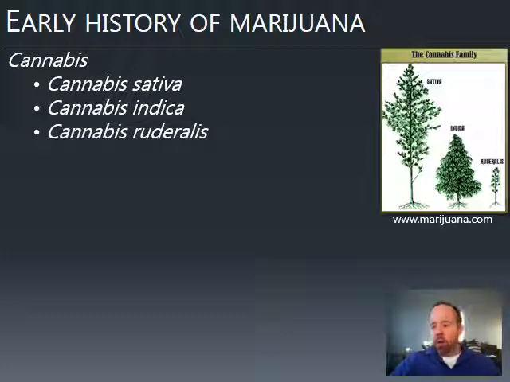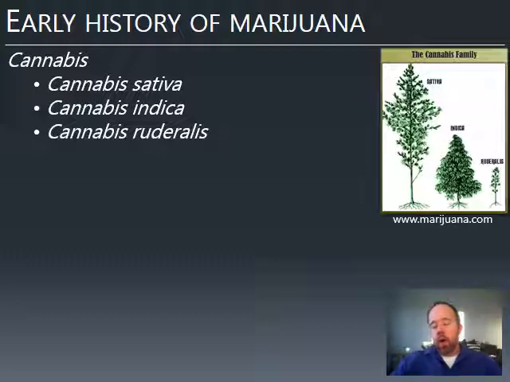Now ruderalis grows mainly in Russia. It's not as common, it's not as useful, and it's not as commonly harvested for its psychoactive properties. So we're not going to talk about that one as much. Sativa and indica are both grown for their medicinal and their psychoactive properties. So those are the three varieties, and early legislation really only mentioned sativa,